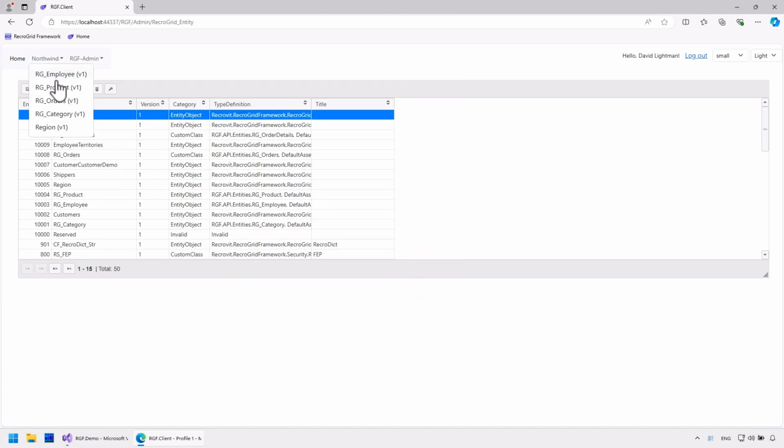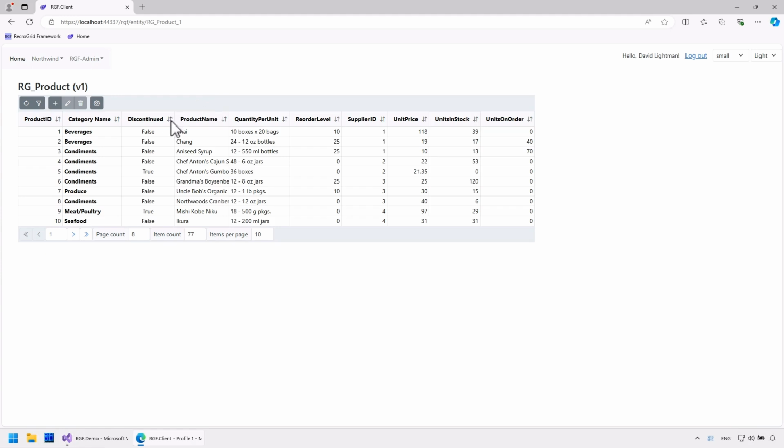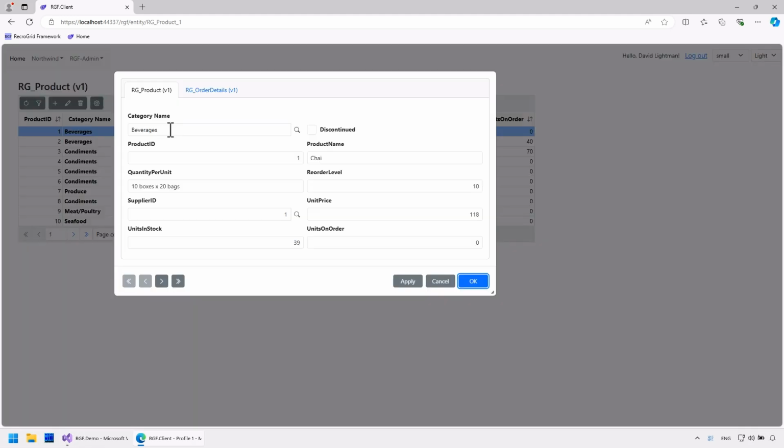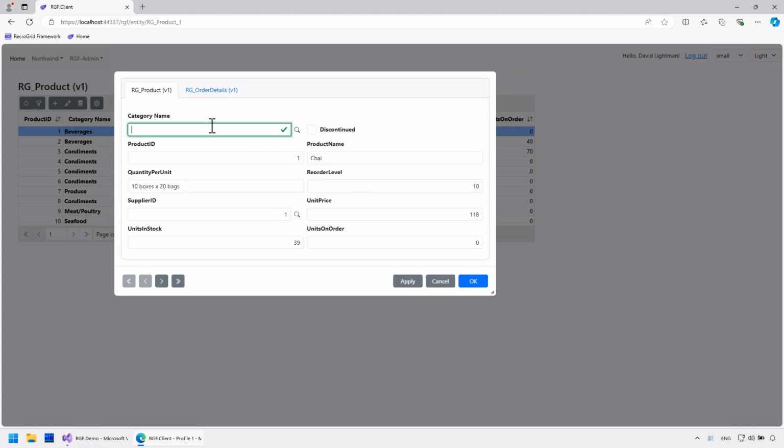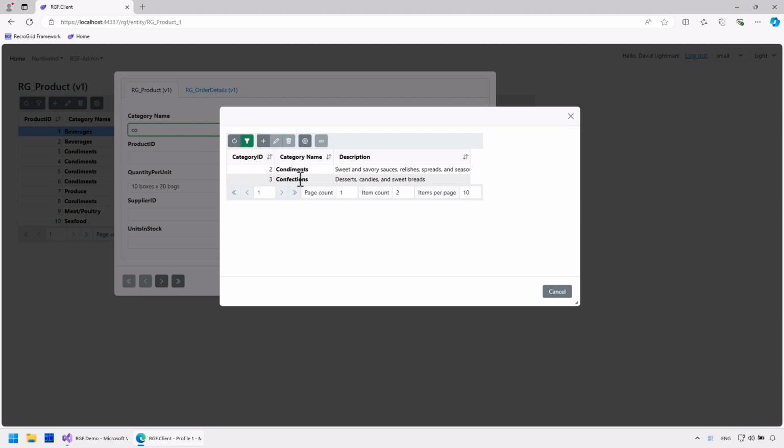It is worth mentioning that there is another similar feature in RGF when we select from another entity. For instance, in the product entity, we choose from category. In this case, we select from the categories in a grid instead of a drop-down list. By default, related entities can be selected this way. The advantage of this method is that the list can be easily filtered, and it operates quickly even with a large amount of data due to server-side pagination.